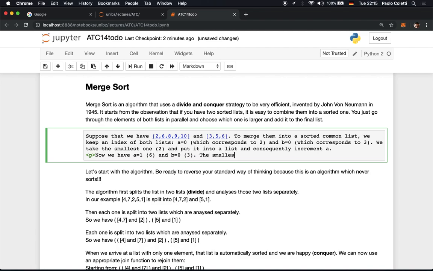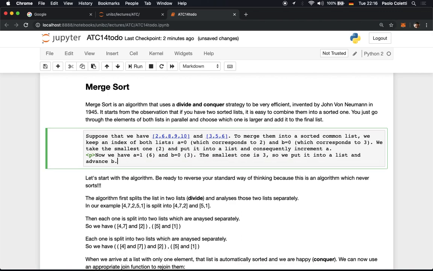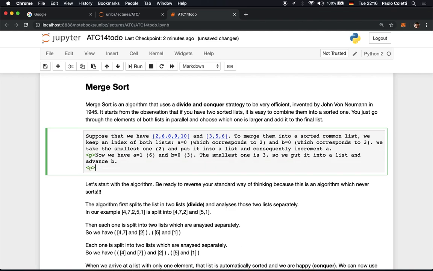The smallest one is 3, so we take it, put it into a list and advance b. Now we have a equal 1, which still corresponds to 6, and b equal 1, which corresponds to 5. Okay, the smallest one is 5, so we put it into a list and advance